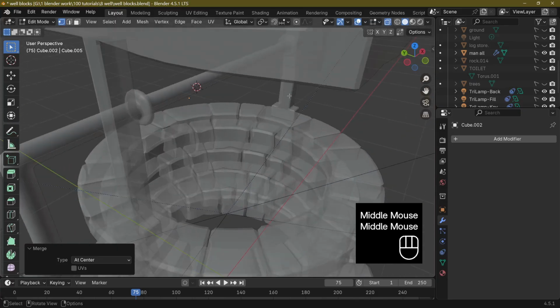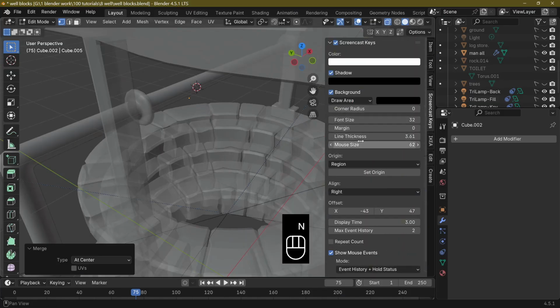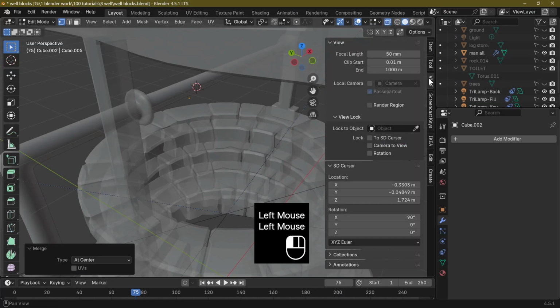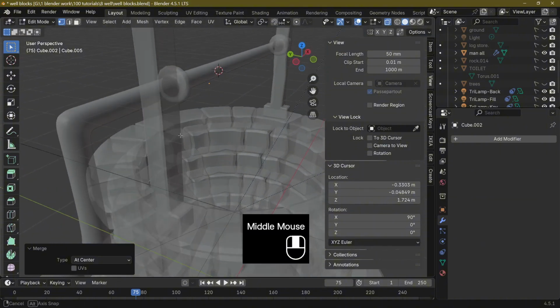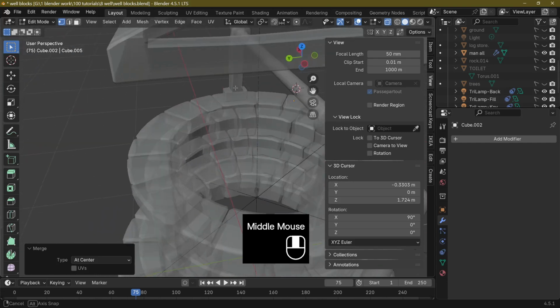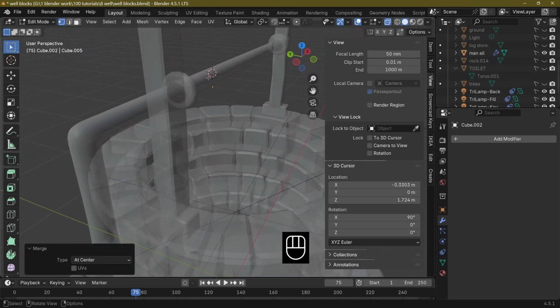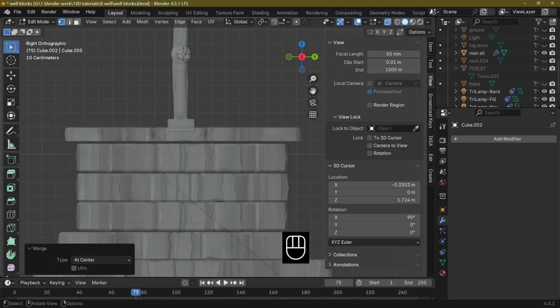So what we can do is go into the N panel and centralize it by going on to view, and you can see the 3D cursor location is there. So if I actually move the Y one, we can actually put it down to 0, which will center it in our spindle just there. As you can see, if you look from the side, you can see that the spindle is slightly offset, so we can actually align that, so we can actually center this point in the center of our spindle if we wish. Nearly there, -0.6,